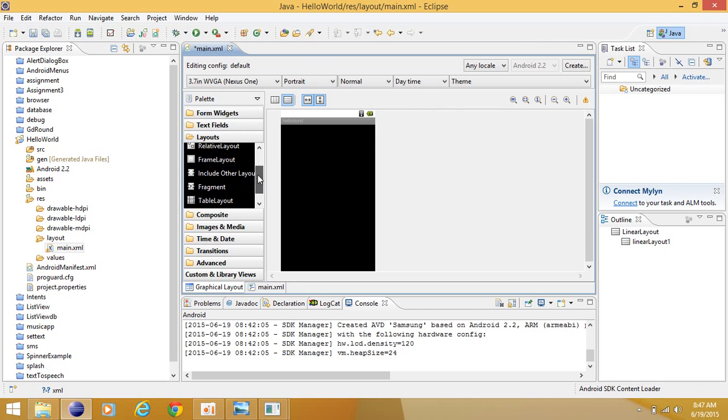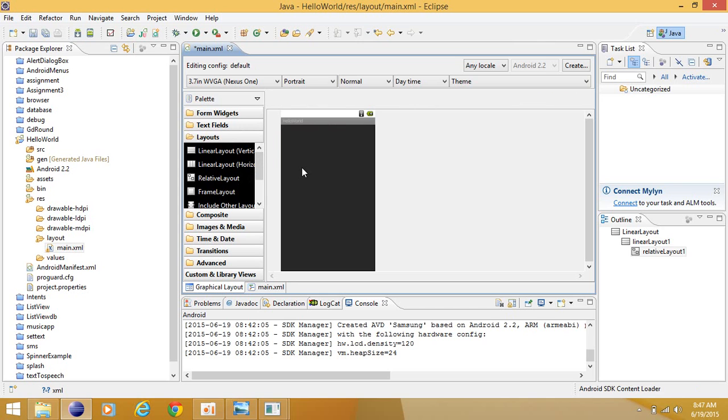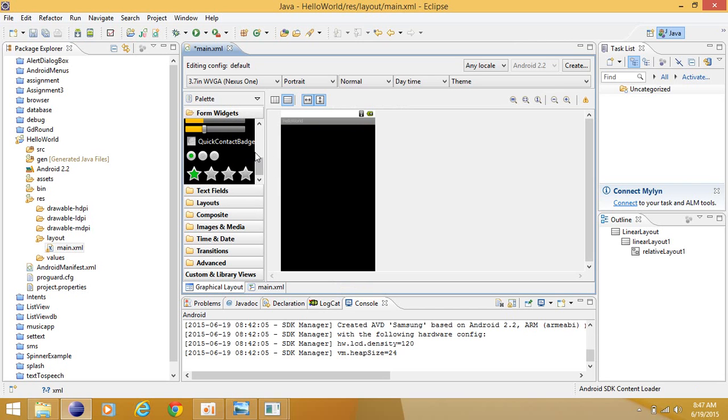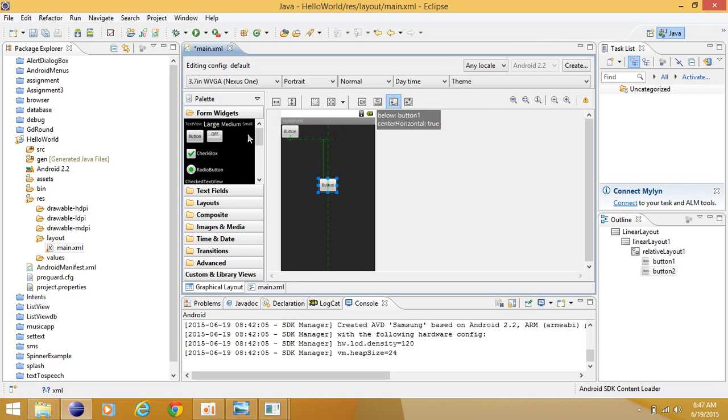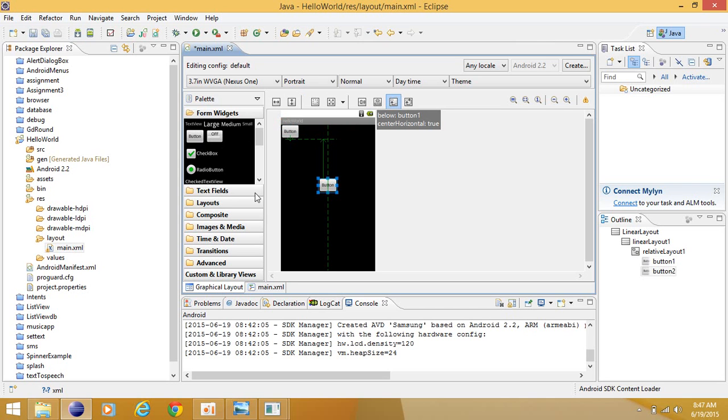If we want to include both horizontal and vertical, then we use the table layout. This is the best one, the relative layout. I have put it here and extended it up to here. I want to place a button on the required side. You can see here we have both horizontal and vertical margins. So you can put one here, again you can put one here, and in all the areas you want.